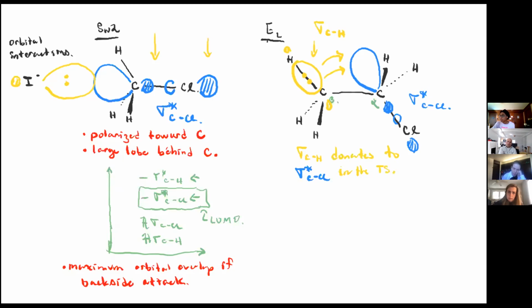And I always try to tell you guys, think by analogy. This orbital interaction is strictly analogous to hyperconjugation in a carbocation. So if I drew a carbocation,